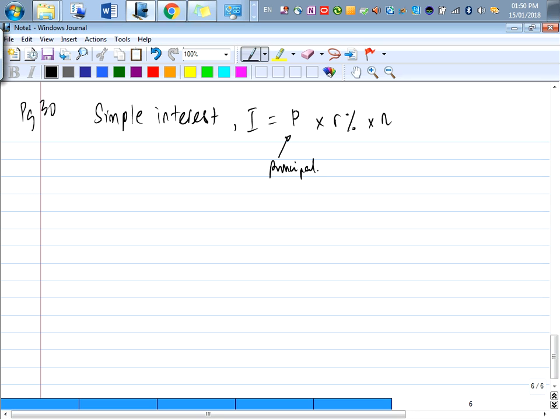That means the amount of money you put into the bank or the amount of money you loan. What is this R%? That's the interest rate. What about this one? N is the number of years. Okay, so simple stuff. For example, let's look at